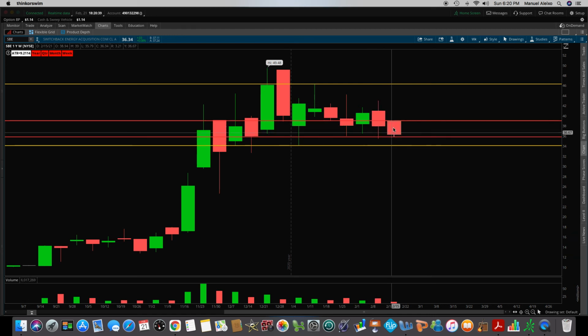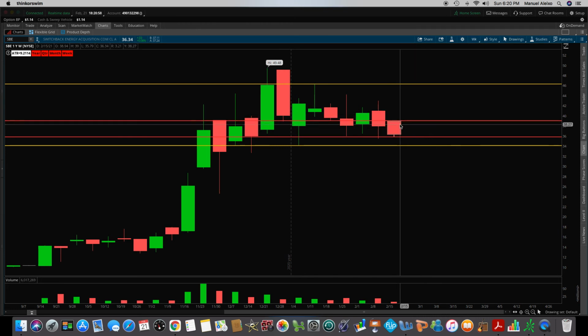It's inside this price, the high and the low. Inside candles are indecision candles, but they're also short-term momentum indicators, meaning that whichever way we break, so if we break